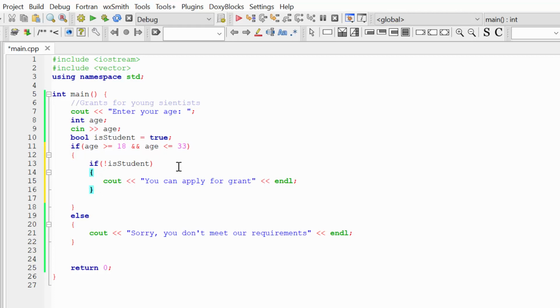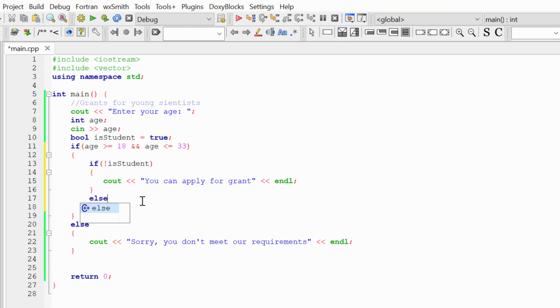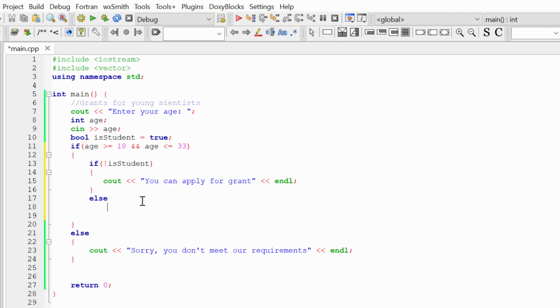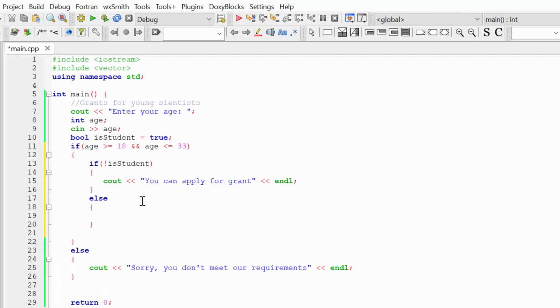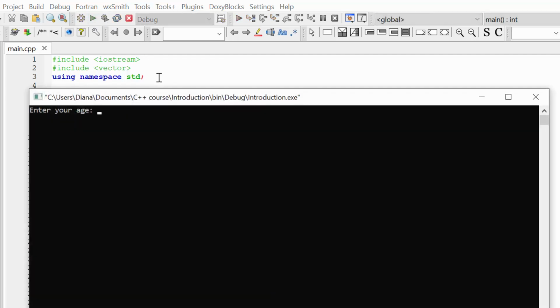So if my user is not student, you can apply for grant, else I know that the age is appropriate, but I want to give my student advice: graduate first, then apply. And the situation when we have another if-else statement inside of the if-else statement is called nested if-else statement.